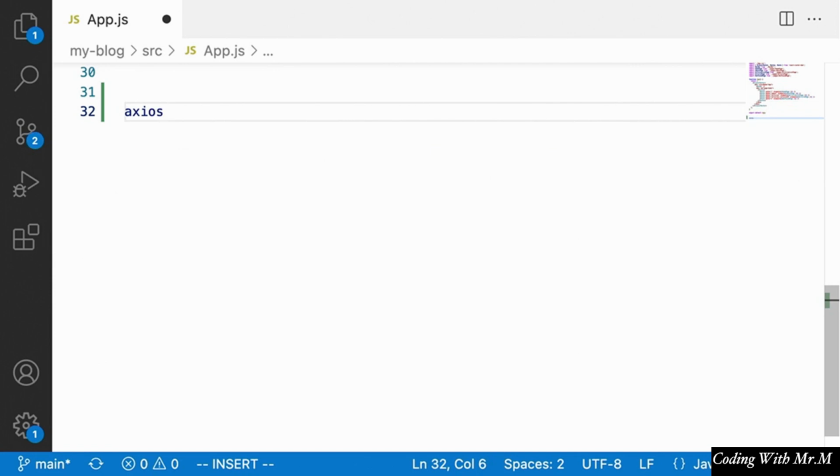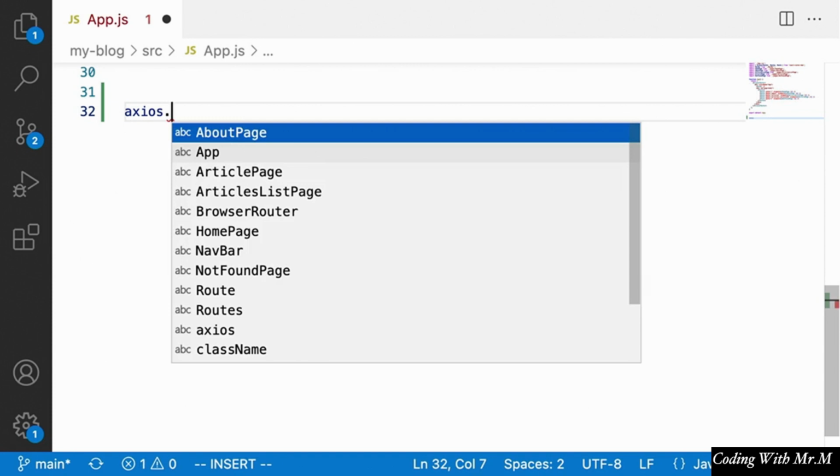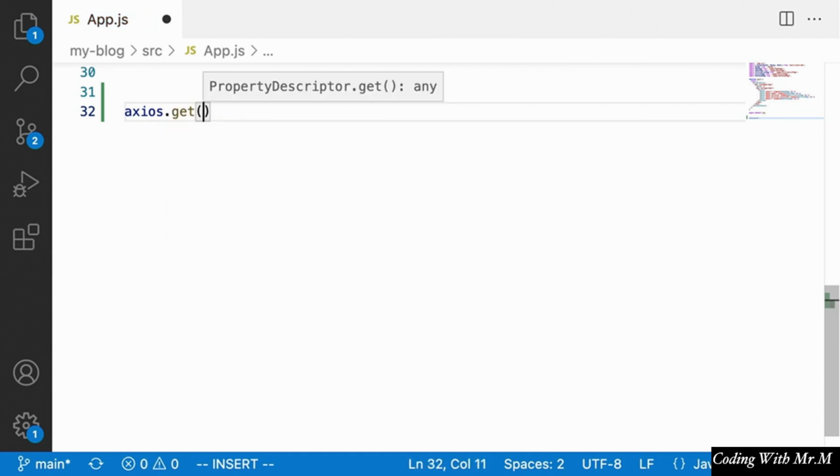All you have to do is import it, and once you've imported it, you can make requests to any URL you want by calling Axios and then the type of request you want to make. So if you want to make a GET request, all you need to do is say axios.get, and then the argument that you're going to pass to this is going to be the URL that you want to make this request to. So in our case, we'll want to make the request to